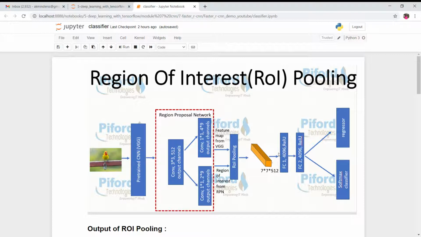I have created one function and written the whole code for all these four things in it, and in that function we are calling the ROI pooling conv class, which will be performing the size reduction of the feature map.